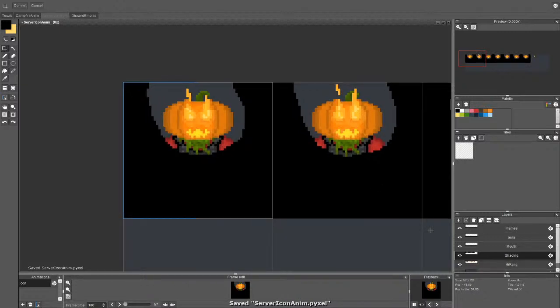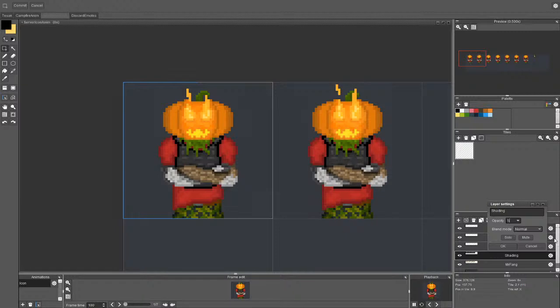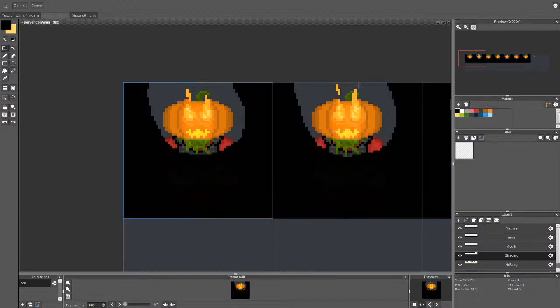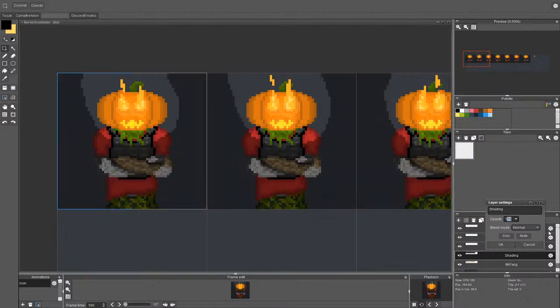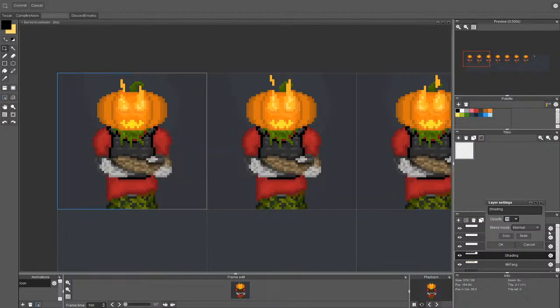Now let's activate this guy and let's change the shading opacity to something like 50. Okay. So let's change it back to 250. And let's make it, I don't know, like 10 instead, not 110, maybe 25.